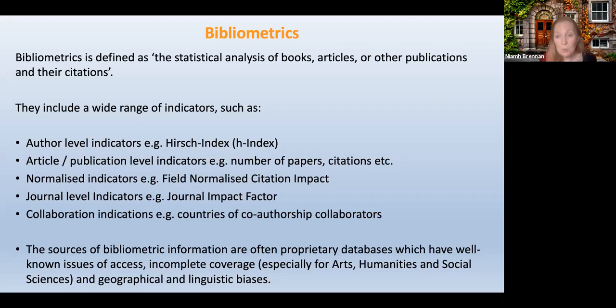It's really important to always remember that many of the sources, or at least the traditional sources of bibliometric information, are proprietary commercial databases that have well-known issues of access and incomplete coverage, especially for arts, humanities, and social sciences. And I'm sure many of you are very aware of this, they have built-in geographical and linguistic biases. Right? So you have to provide this kind of health warning every time, certainly any time that I'm producing a bibliometric report. Somewhere down at the bottom are terms and conditions apply, like the banks say,